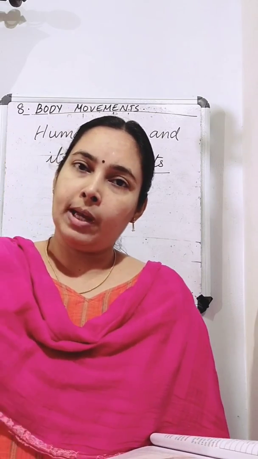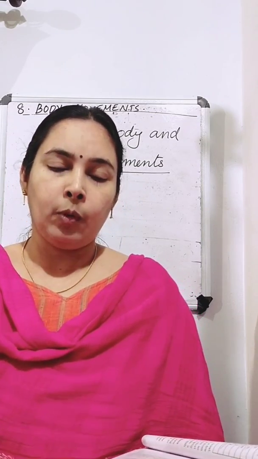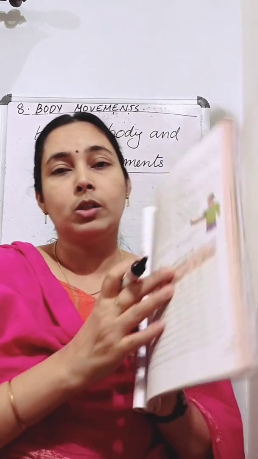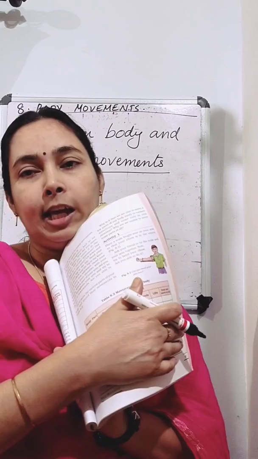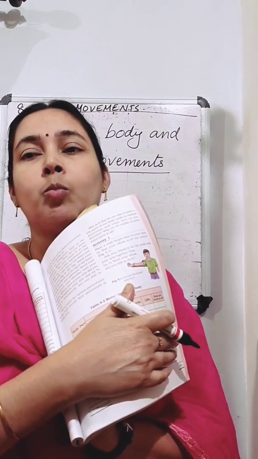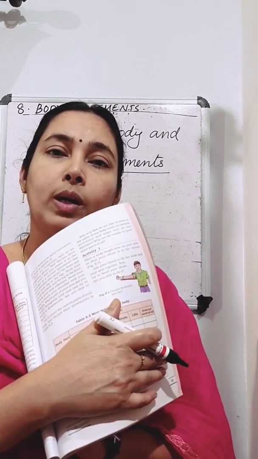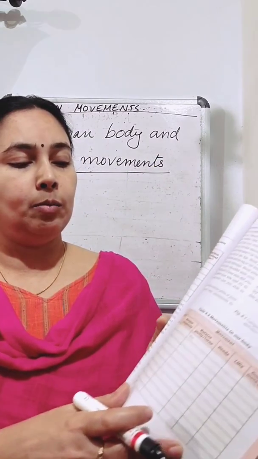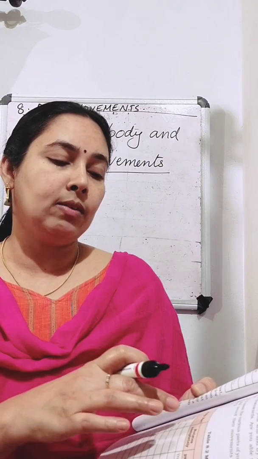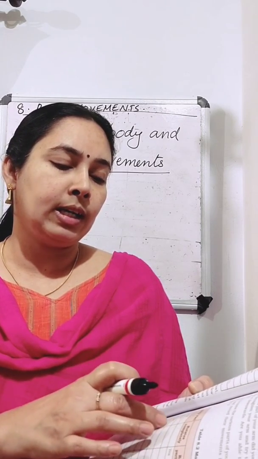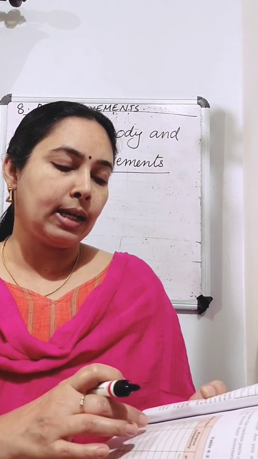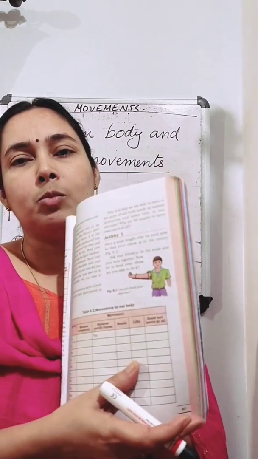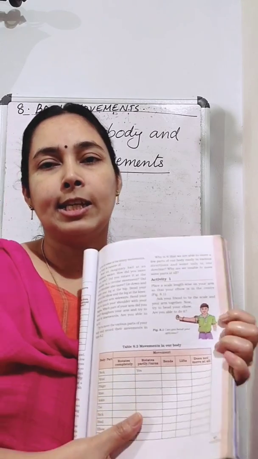Bend. Which part can you bend? You can bend your elbow. And does not move at all. Some parts we cannot move also. So you try to fill this table. For that you move the various parts of your body, then you find out the result and fill this table. The body parts given are neck, wrist, finger, knee, ankle, toe, back, head, elbow, arm. So you try to move these parts and fill this table.